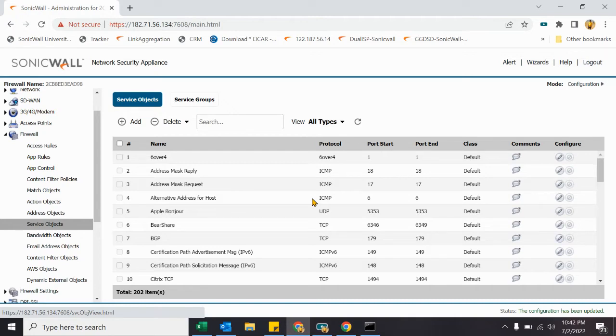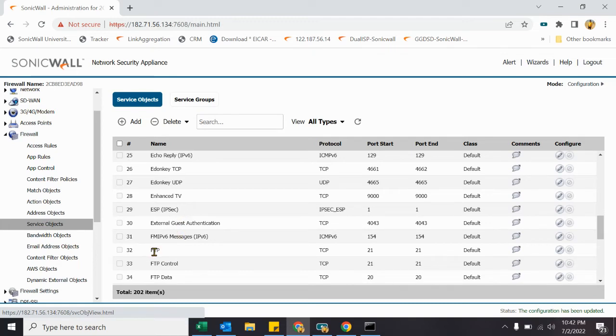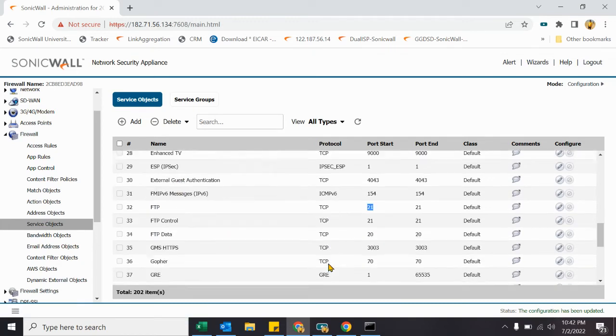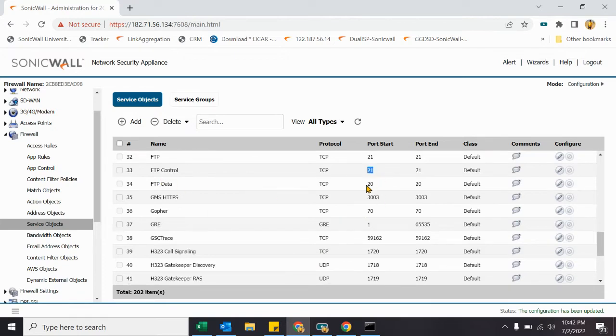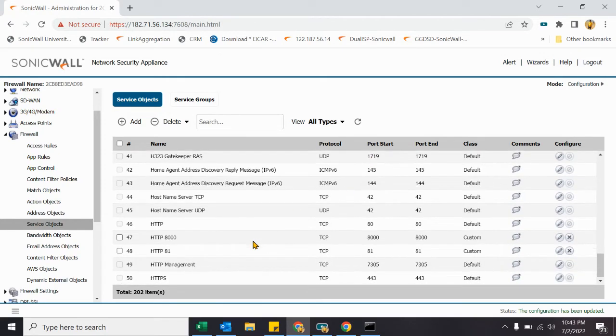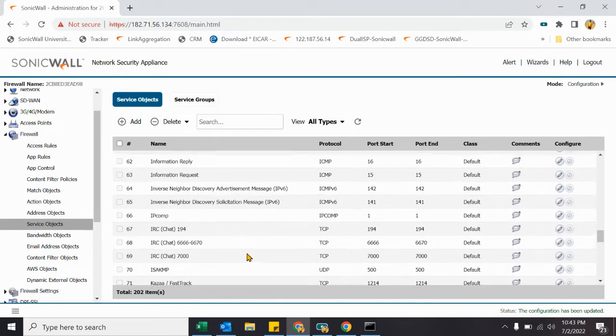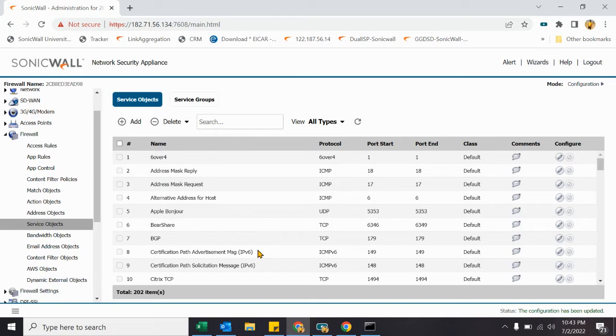Every firewall has some default port information, like FTP TCP 21, FTP control port, FTP data port, GRE port used in the VPNs, H323 used in calling, your HTTP port. So multiple ports are there by default, but if you have some services which are not here by default,